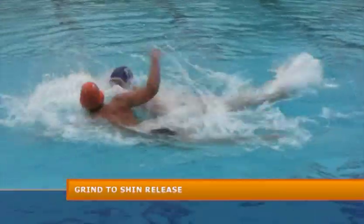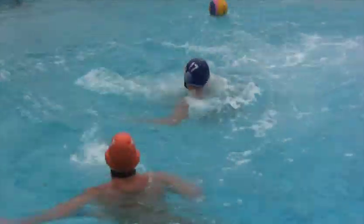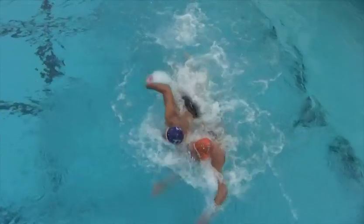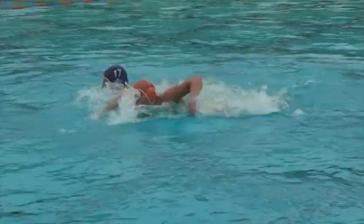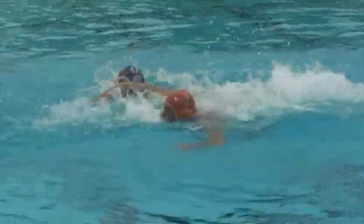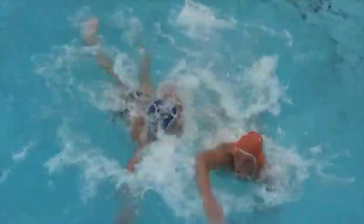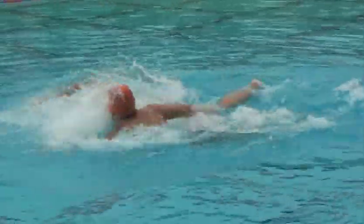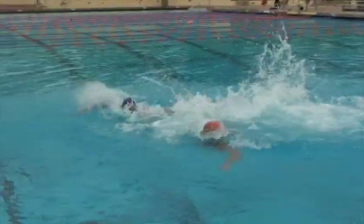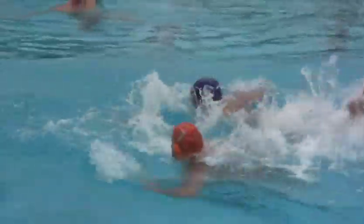The grind to shin release is probably one of the most important key aspects of offensive drive. If you can learn this drill, you will learn how to separate from your defender like the best of them. Here the offensive player is grinding into him with an inside stroke. He rotates his hips into the defensive player. After he makes contact with his hips, his shin moves up the body of the defensive player and brushes off the defensive player, which allows him to have great separation. It's important that you don't kick with the bottom of your foot because the defensive